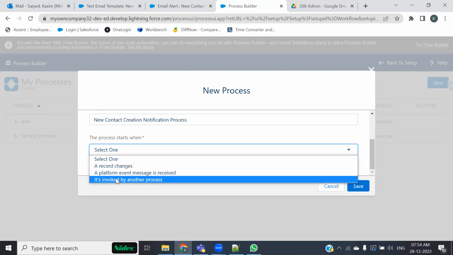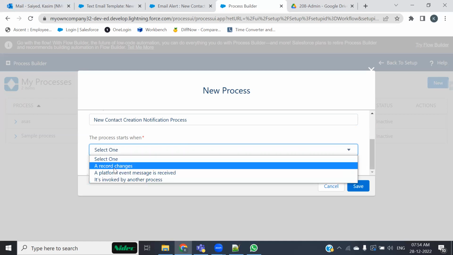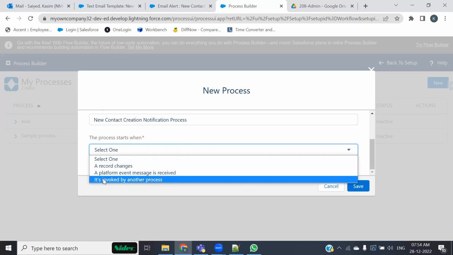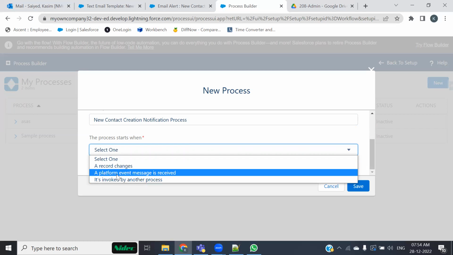I will explain all 3 of them. Every time you are creating, you have to go with "when a record changes." But what are these 2 options used for? I'll tell you this. What does it mean by a platform event? In Salesforce, we have